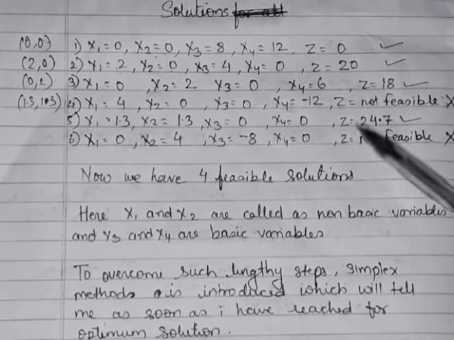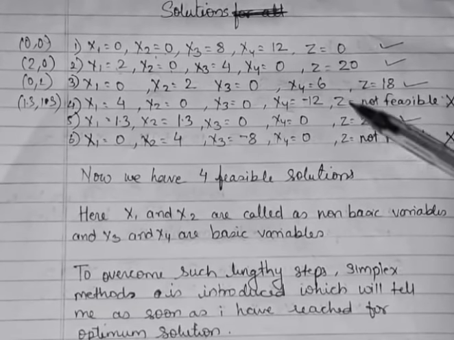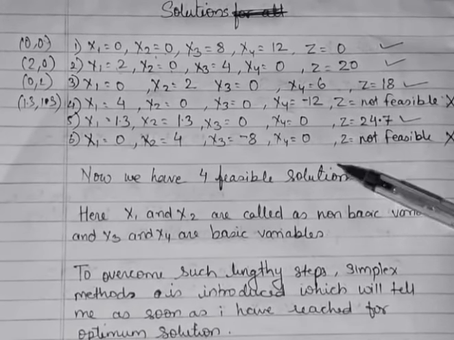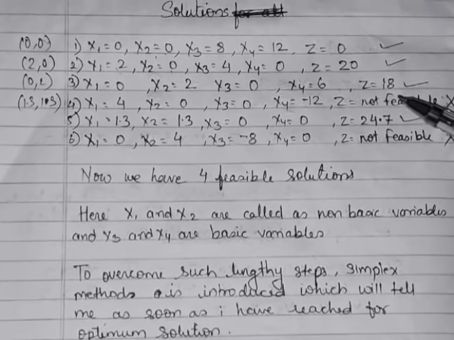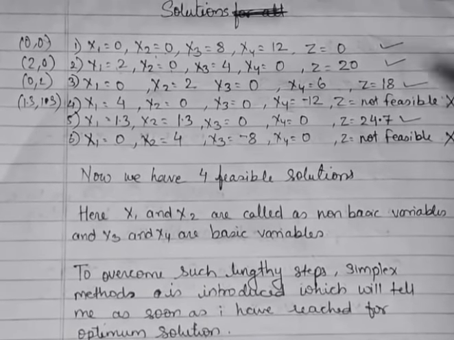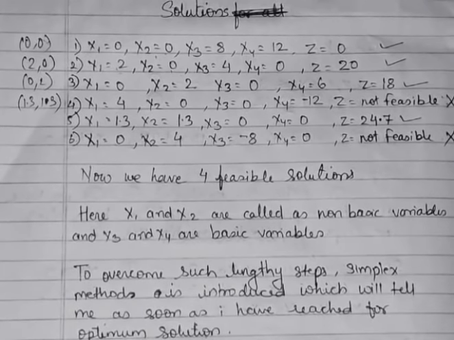In the algebraic method we don't know, but in the simplex method, this is the case. So in the simplex method, the value of the objective function increases serially, right? Iteration by iteration, I'll get the value. Initially I get 0, then I'll get 18, then I'll get 20, then I'll get 24.7. So I have skipped one step with the help of the simplex method. That is the main application of simplex.